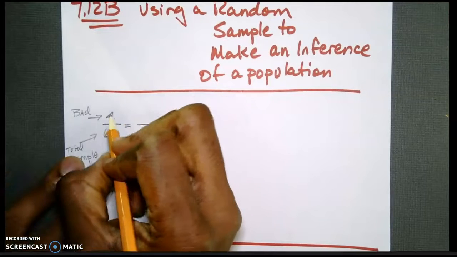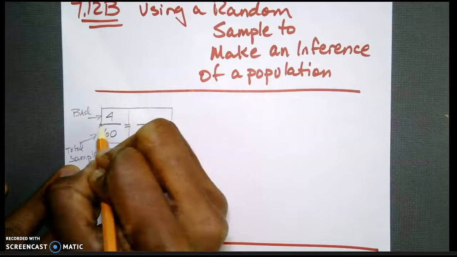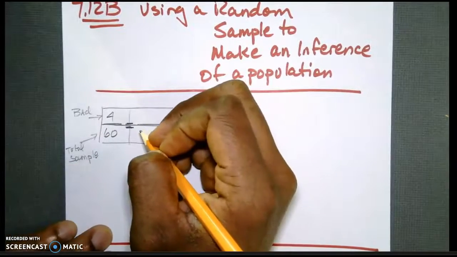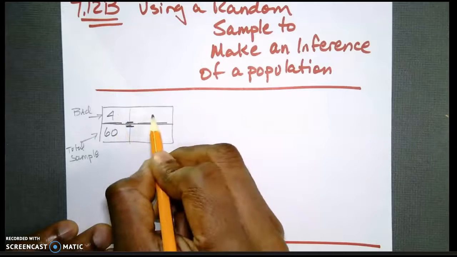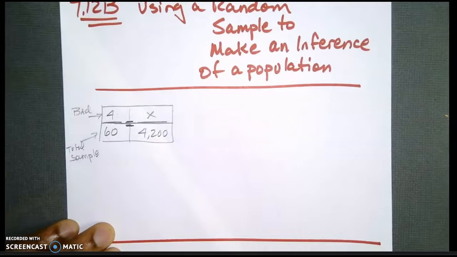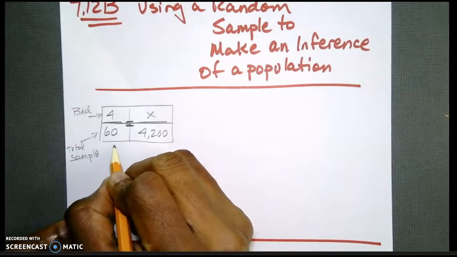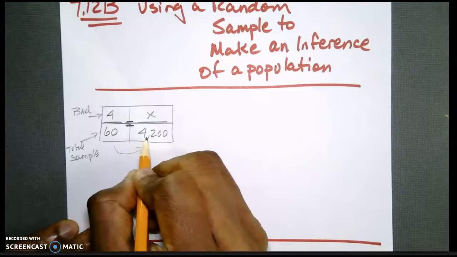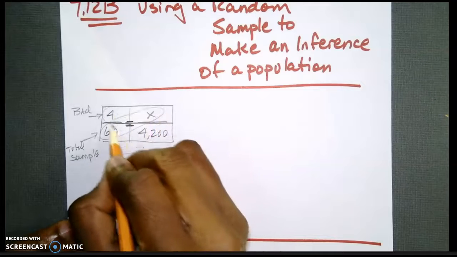So what I want to do is set up a proportion. I could even set up a proportion box, where there is an imaginary equal sign. This is a part of the whole of the sample, so I want to know what part of my total population that will equal. At this point, I can do one of two things since I have this proportion. I can ask what number and what operation I would use to get from here to here. If you can't see that, there may be an opportunity for you to use cross multiplication,